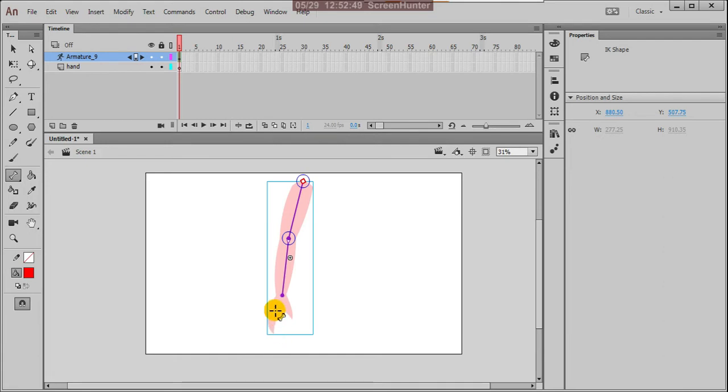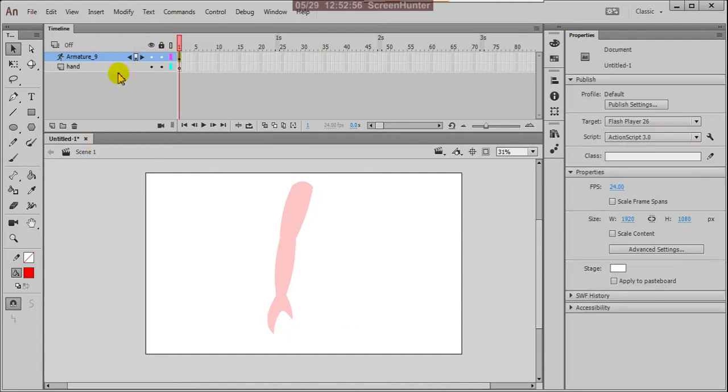Now if you observe in the timeline, this is our drawing, but after adding the bones on the drawing, the drawing layer is empty, and the drawing is applied to the bones. This is the new layer, called armature.